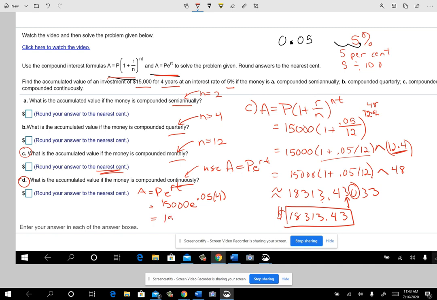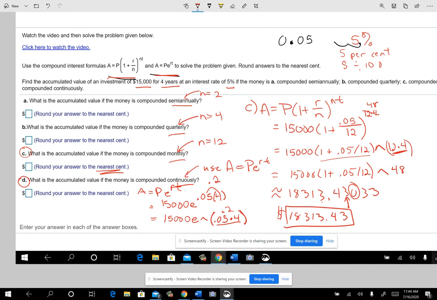But again, when you type in the E, and that is found above the LN button usually, E raised to the left parenthesis. And I love that it does that because it almost forces you to include the 4. The 4 and the 0.05 need to be included in there. Or like I said on the other one, calculate 0.05 times 4 and work this out and get 0.2 and then put the 0.2 right there. Okay. Either you've got to have both of them in parentheses or you need to have worked that out. So the 0.05 times 4 is all being used as the exponent. Okay. So when you do that one,